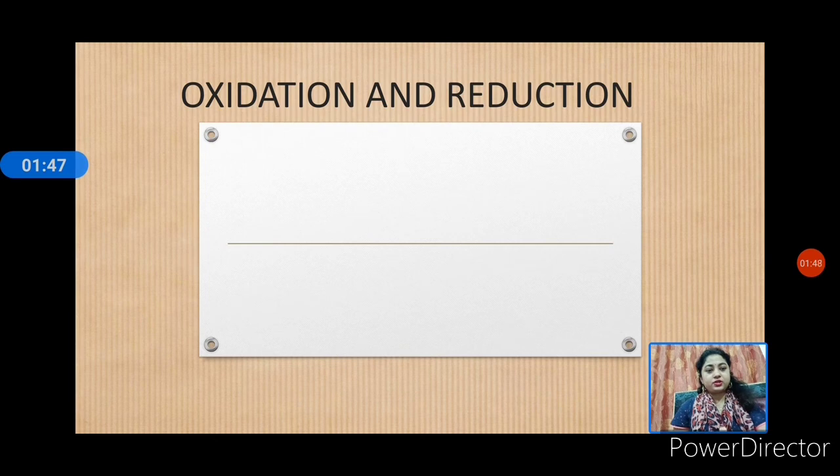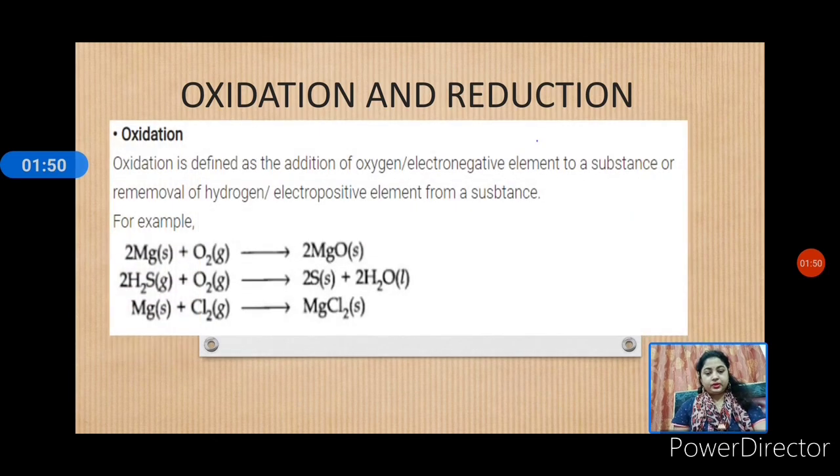Let's first see what is oxidation and reduction. Let's see oxidation. Early ideas of oxidation and reduction, what was that? The term oxidation was first used to describe chemical reactions in which oxygen was added to an element or a compound. The phenomenon of combustion was the earliest example of oxidation. Later on, the term oxidation was extended to describe many more reactions which occurred without the use of even oxygen. So, what is oxidation?